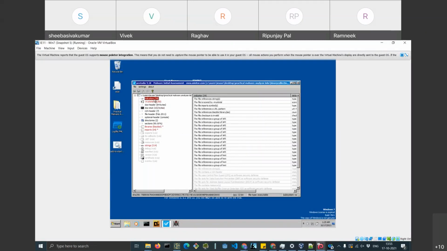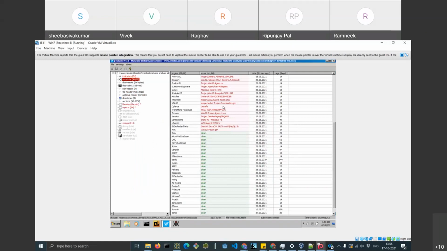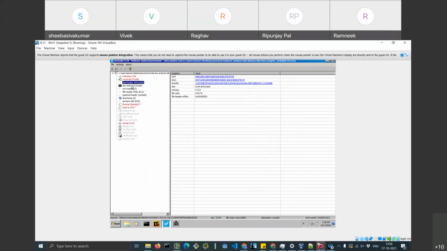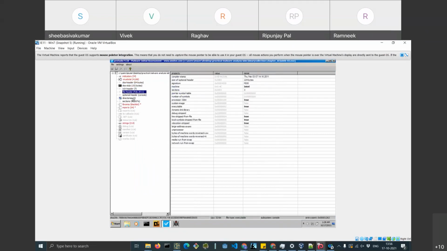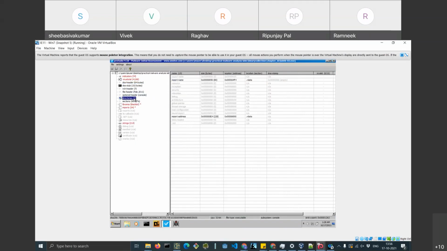It says that there are several indicators, and which antiviruses have tried to detect this particular file as malicious. Then there is the DOS header, DOS stub, NT header, file header, and then the optional header and directories.